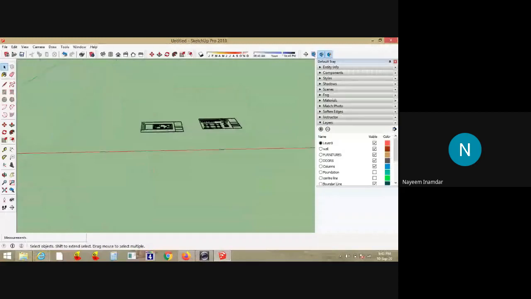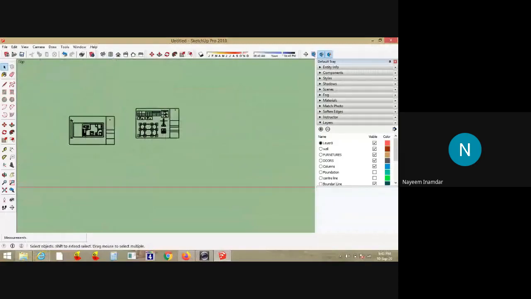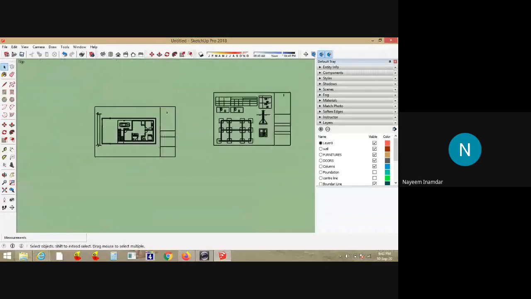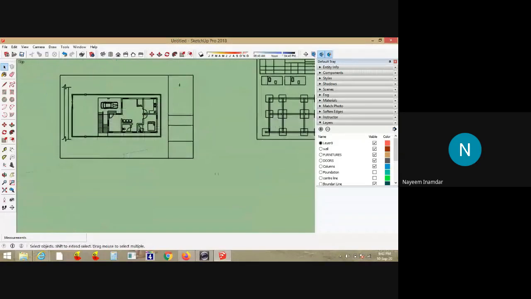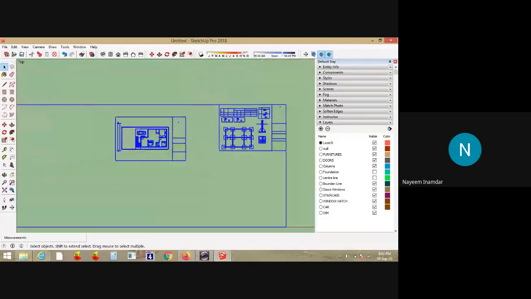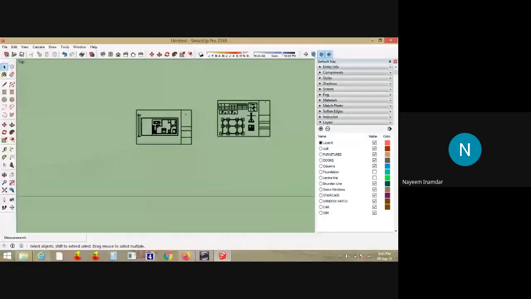So you can see here the drawing which you have done in the AutoCAD is directly imported here. I imported in the draw format because all templates and all are there. You can see these are all the different layers I have created in the AutoCAD. Now, first, this will be a single component. I have to explode it first. Whenever you import any drawing file from the AutoCAD, you have to explode it because it will be a single component while importing.